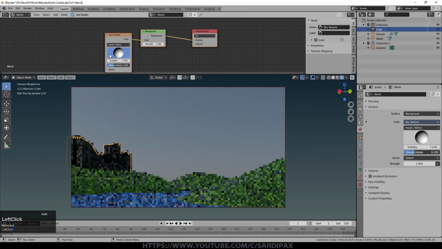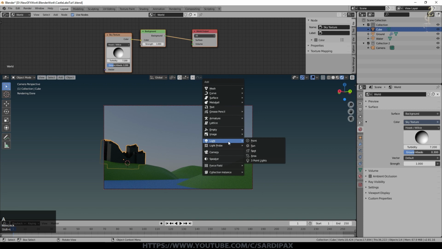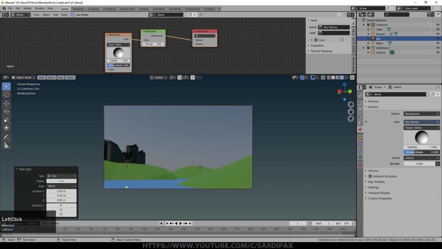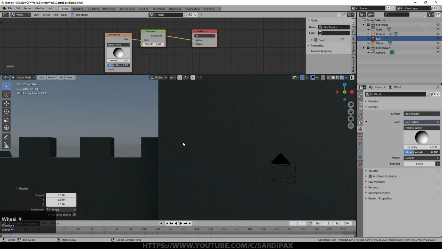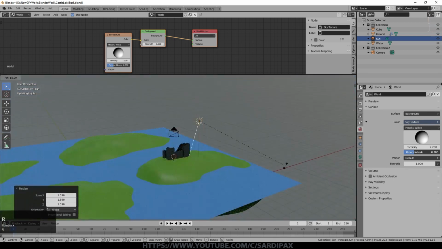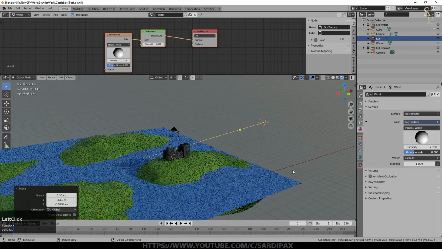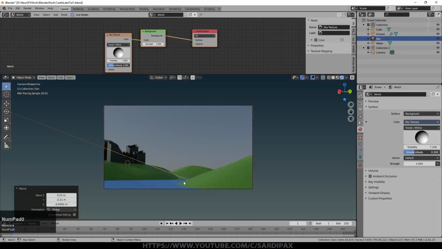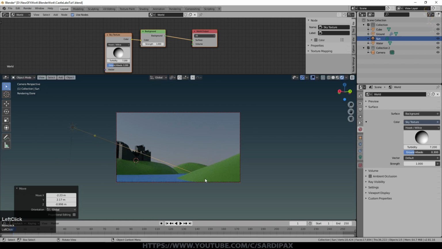It's good to have a contrast of light and shade through your scene. And at this point I'm going to put a sun lamp into the scene. So let's put a light, which is a sun. Sun lamps, of course, work quite differently to ordinary lamps in that they're not diverging from a point. They are parallel rays. So let's have it something like that, fairly low down in the sky effectively. It doesn't really matter where its actual position is, but it's useful to be able to see that ray line, give me an idea of what's going on.